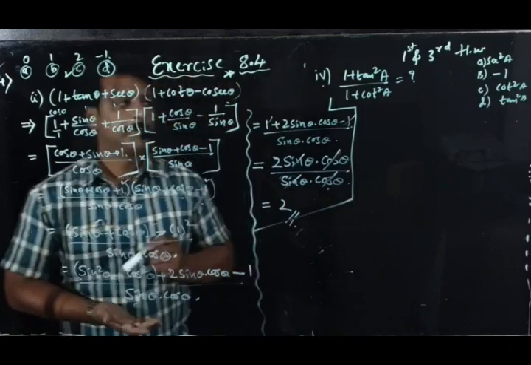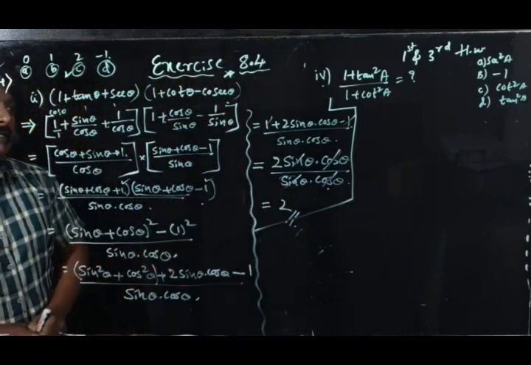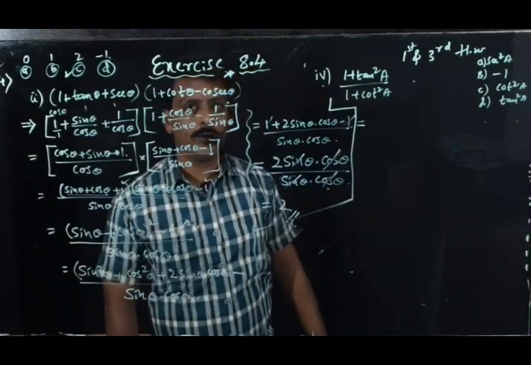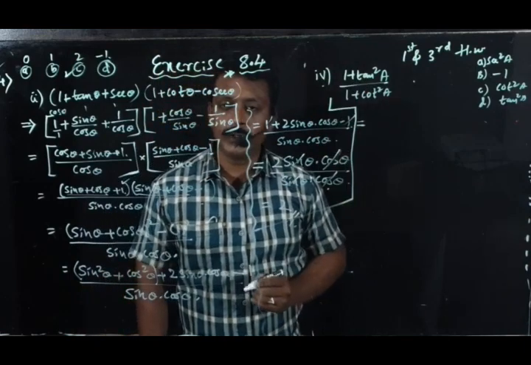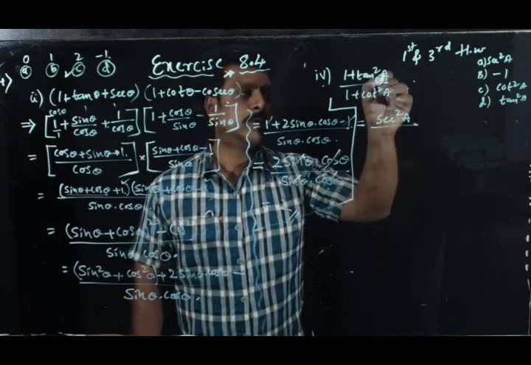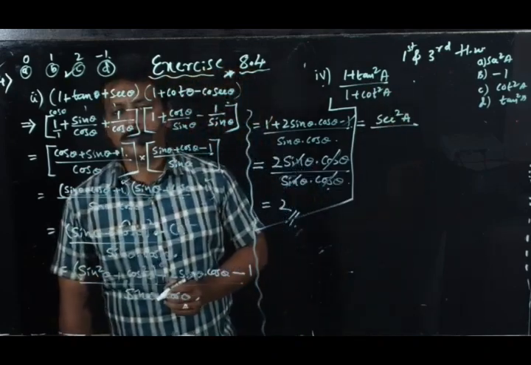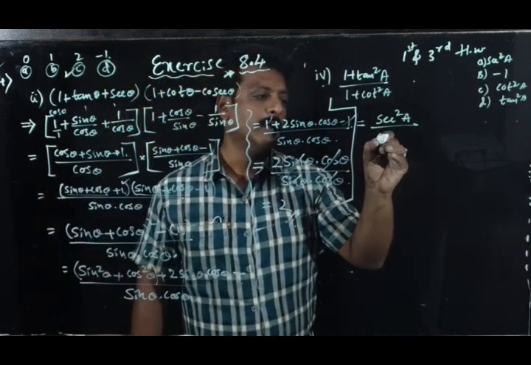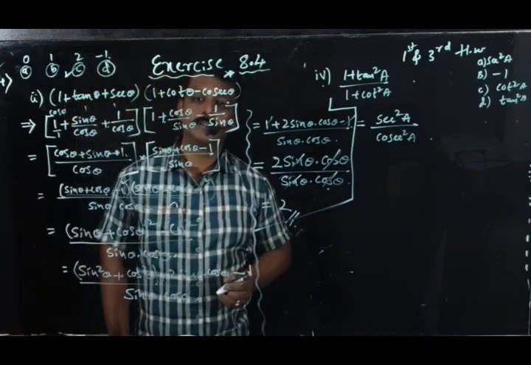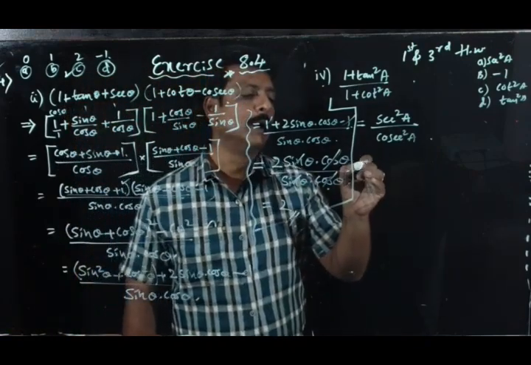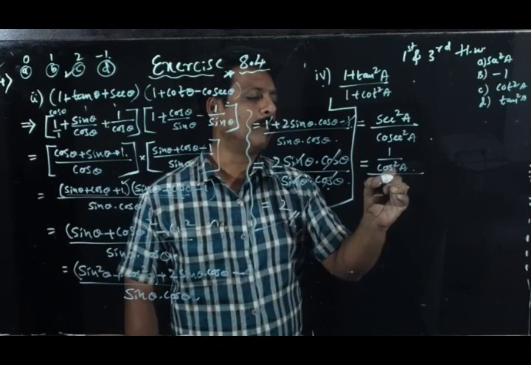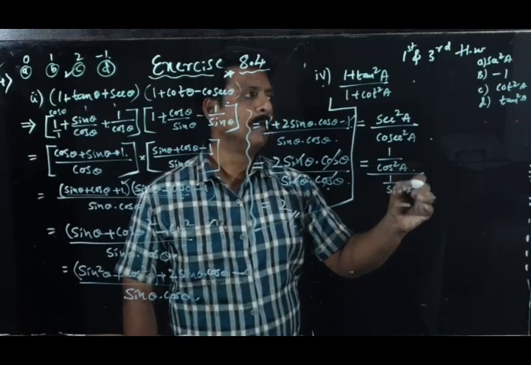Okay. Now you have to apply your identity knowledge, because to simplify this I am going to write just below here. 1 plus tan square theta is equal to sec square theta. Very good. 1 plus cot square is what? Cosec square, sir. Very good. Sec square is nothing but 1 upon cos square. Cosec square is what, sir? 1 by sine square. Right?